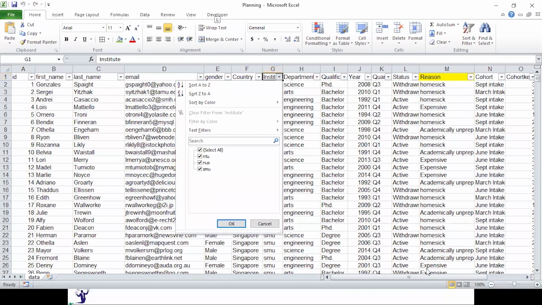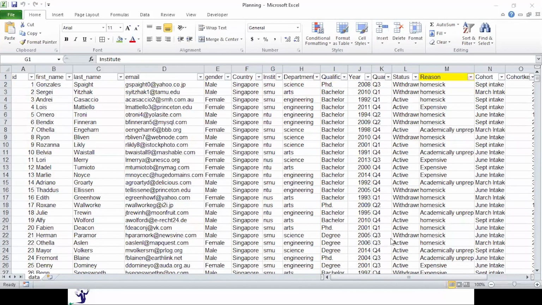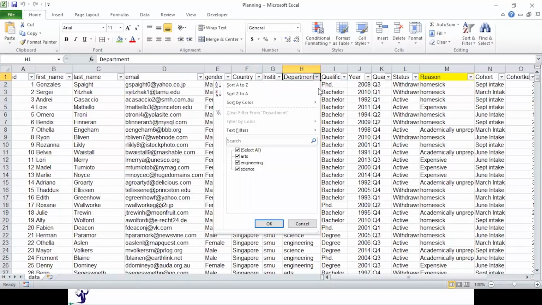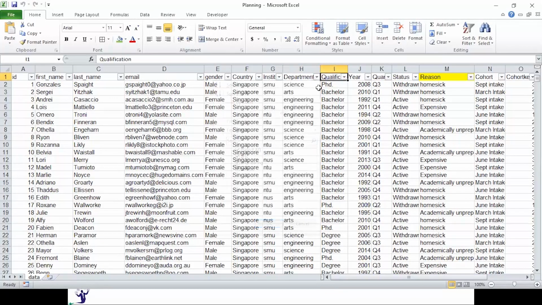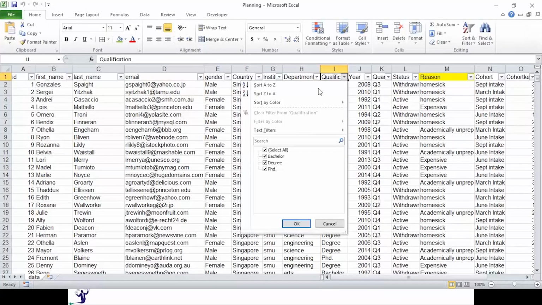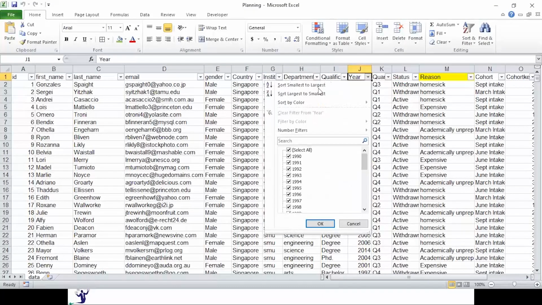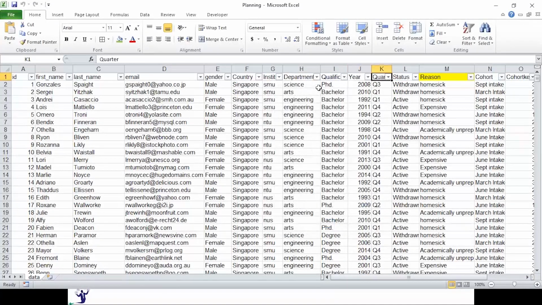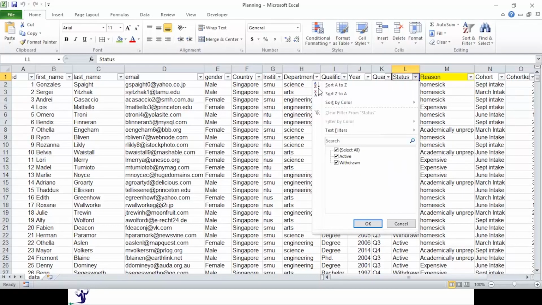Then we have the department the student is in, arts, engineering or science, and what qualification the student has enrolled for, bachelor degree or PhD, the year of enrollment of the student, which quarter, and the status of the student, whether the student is active or has withdrawn.